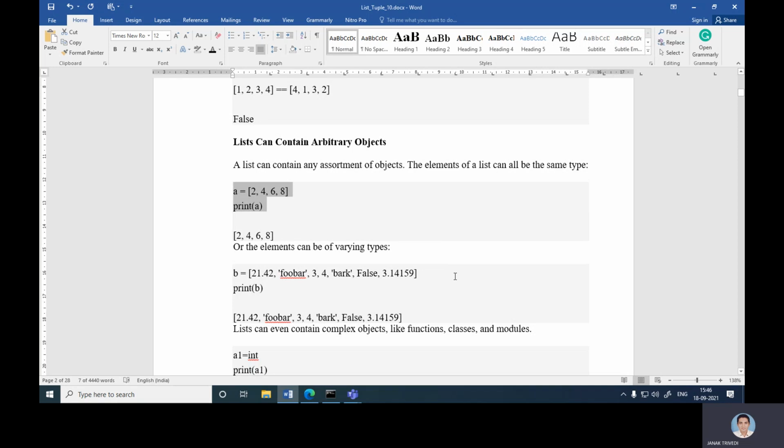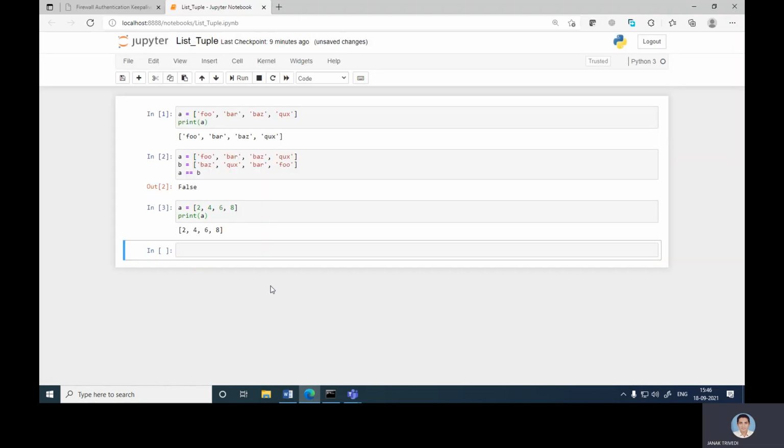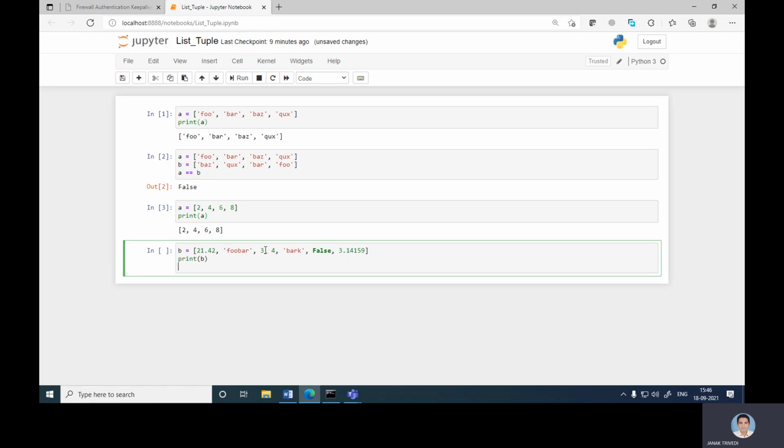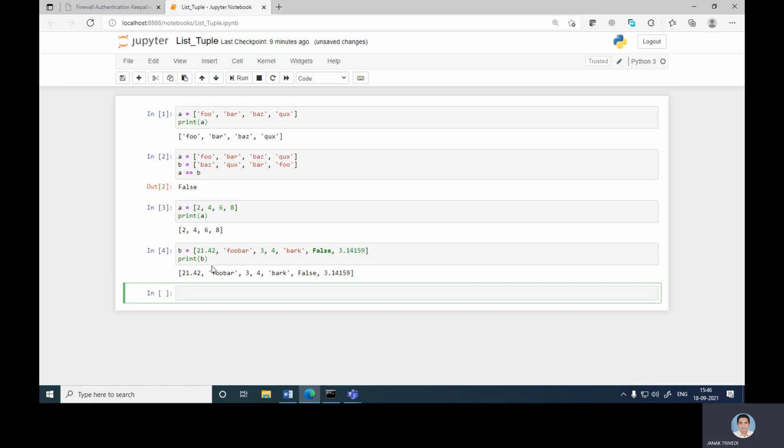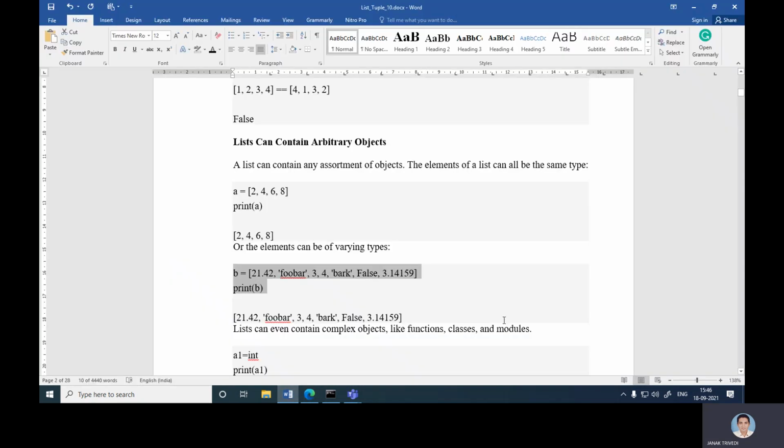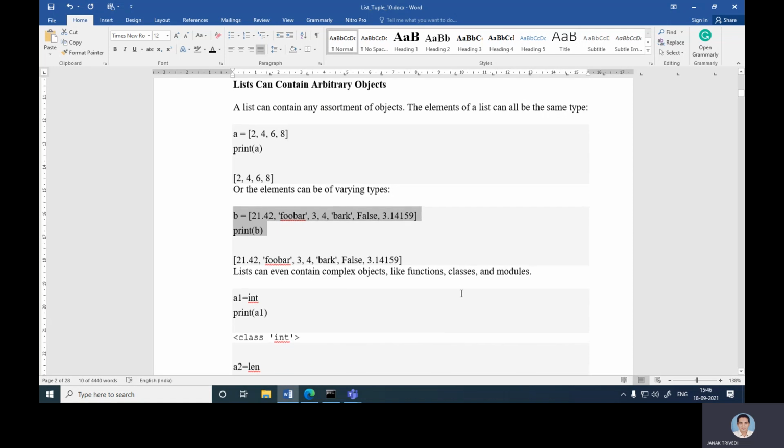Or the elements can be of varying types, like in this case a float, then some string, then an integer, then some other values. So let's run this also. That is also possible, it can contain varying types.